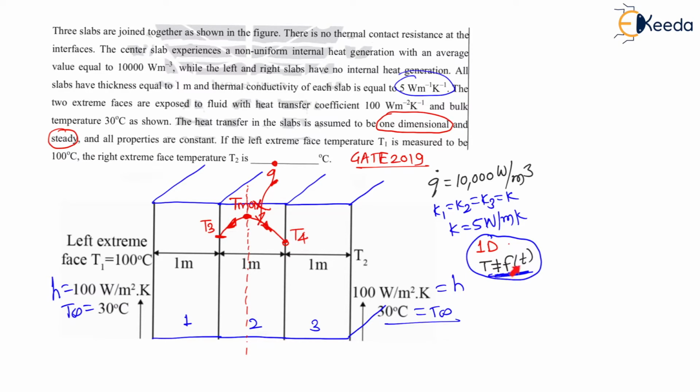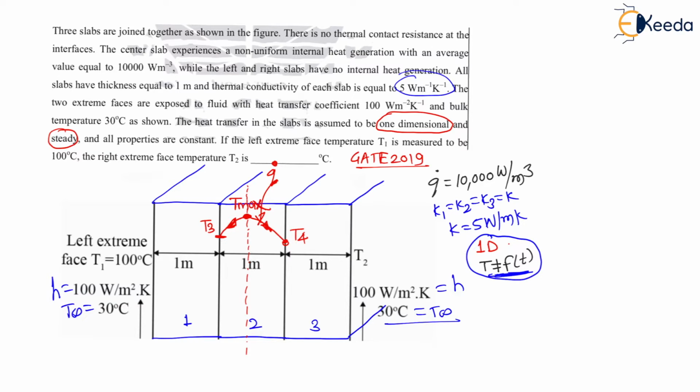And as it is steady, right? Temperature at each and every location should be constant with respect to any time. So, my dear students, heat always flows from maximum temperature to minimum temperature, and in this complete assembly the maximum temperature will be somewhere here in the second slab. The location of maximum temperature is not the question, so don't bother about that, whatever the location of this maximum temperature may be. Here the maximum temperature is somewhere here, therefore heat always flows from the maximum temperature to other temperatures. Let us understand the direction of heat flow.